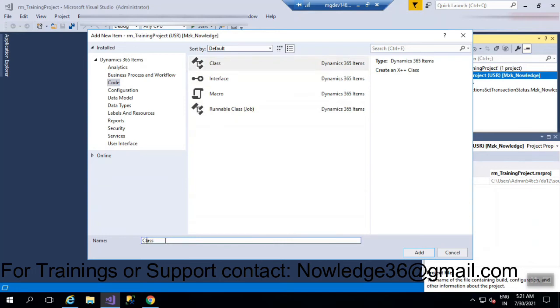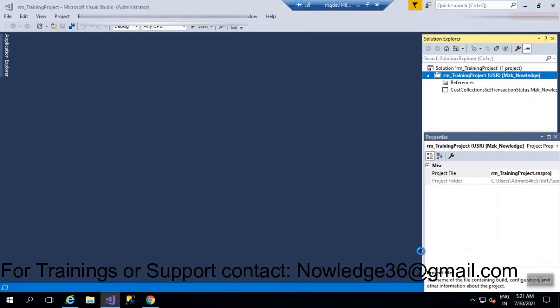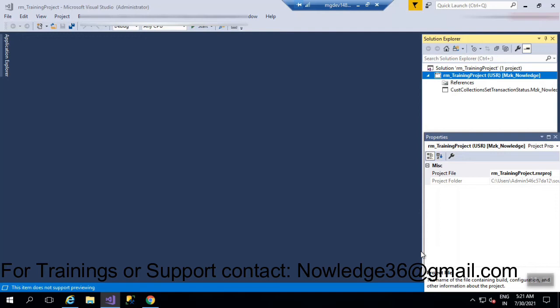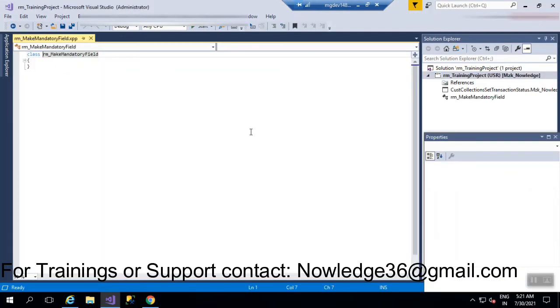So for this, make mandatory field. You have to give a proper name so that it makes it better for others to understand as well. If anyone just sees your code, they have to understand, right? So let it open. Okay, this class has been opened.